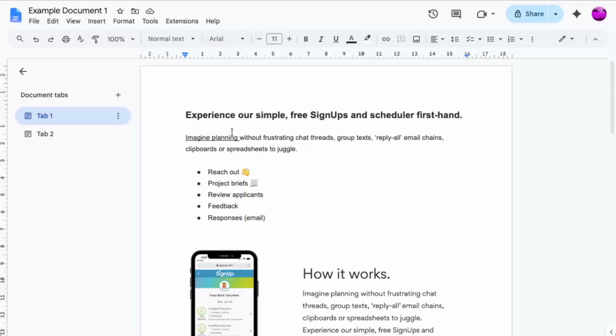To get started, go to your Google Doc, open the document where you want the footnote to appear, and then place your cursor in the exact spot where you want to insert it. This is important because Google Docs will add the footnote reference number right at your cursor location in the body of the text. Usually this goes at the end of a sentence, often after the punctuation, depending on the formatting